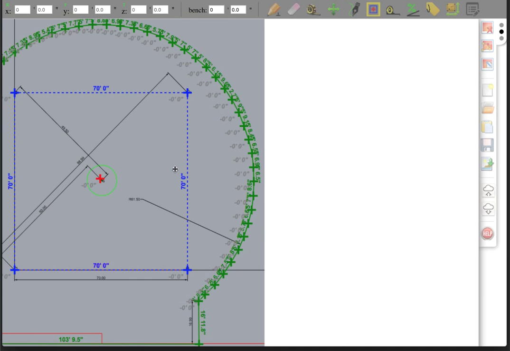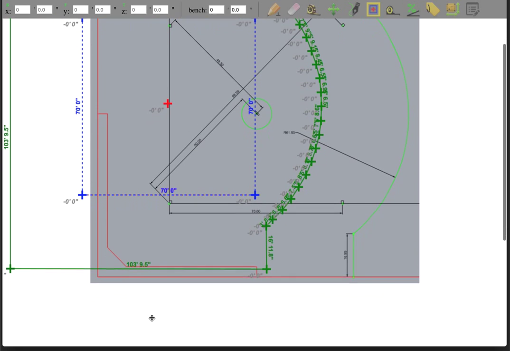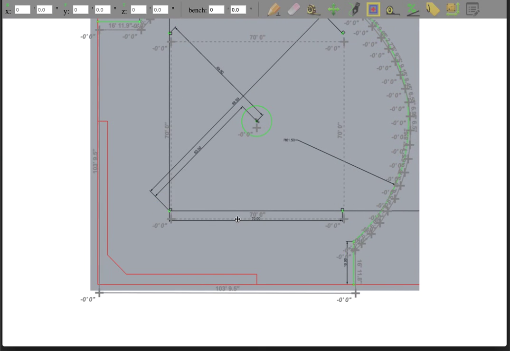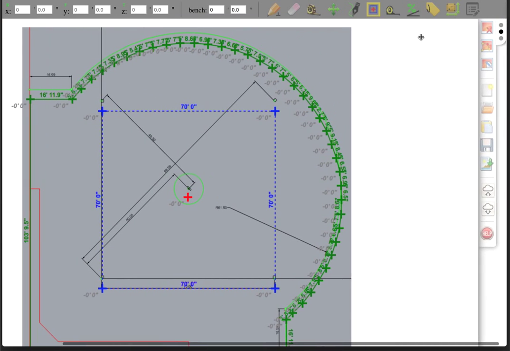So let's just do one at a time. We can move the background around wherever you want. So then you could come in and move your field just as easy by grabbing your field and moving it in there. Okay. So the second thing, let's go in and let's look at